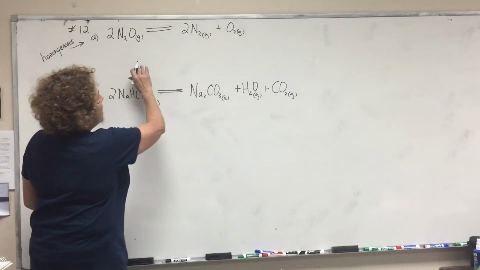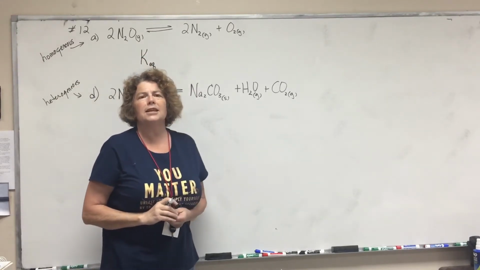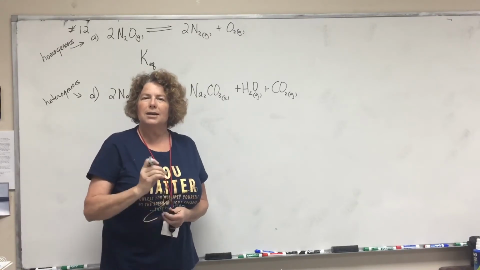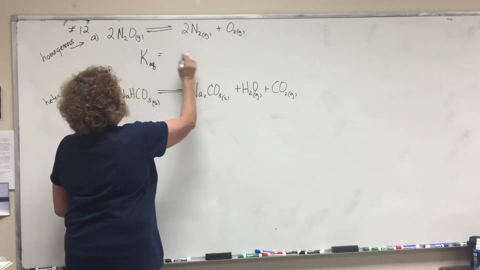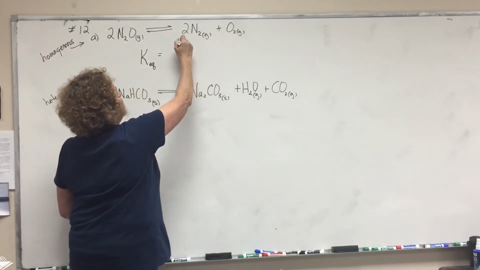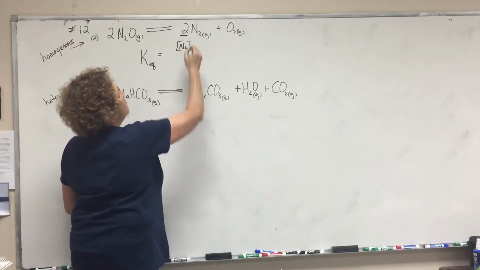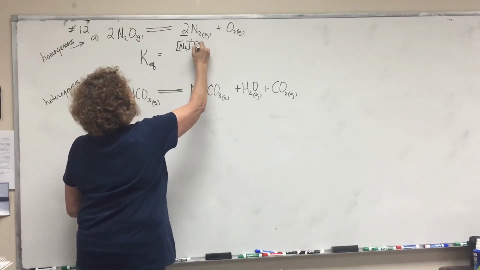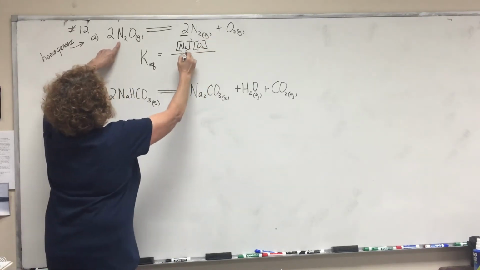So equilibrium constant expression is K, and I'll put EQ for equilibrium constant. There's KSP, there's KA, there's KB. There's lots of equilibrium constant expressions, and they're meant for different things. So always put the concentration of the products on the top, and concentration is in brackets, and the number of moles becomes the exponent. So that would be N2 squared over O2, with O2 on the top, and on the bottom you would have